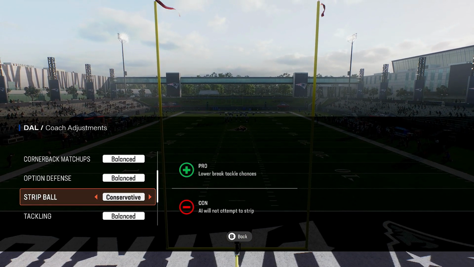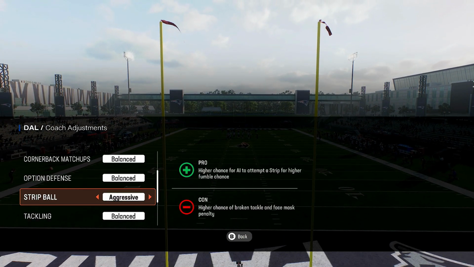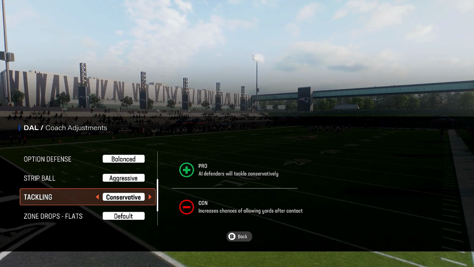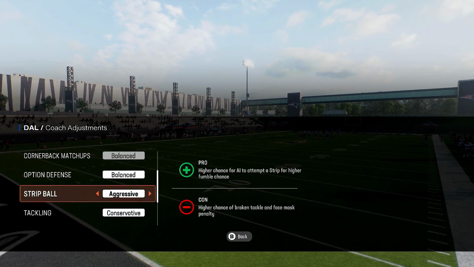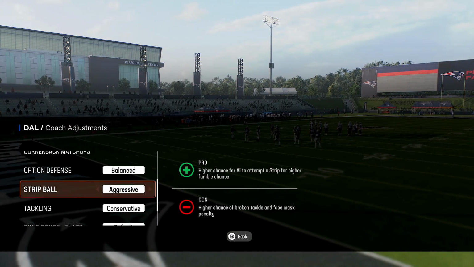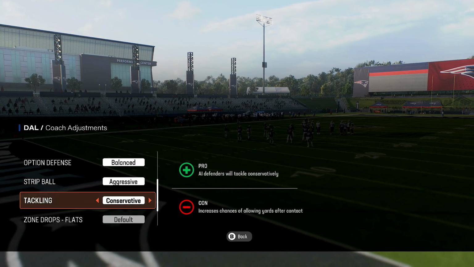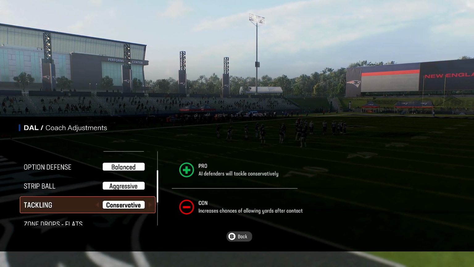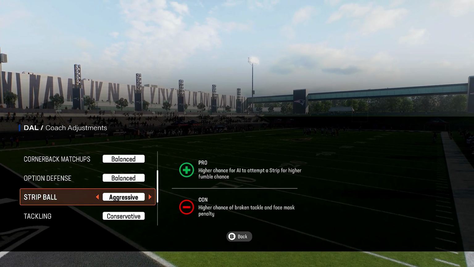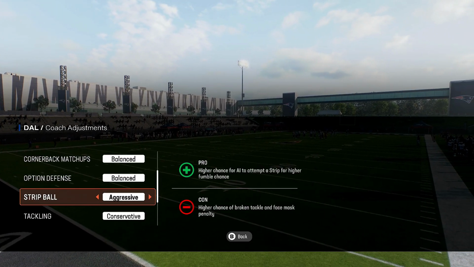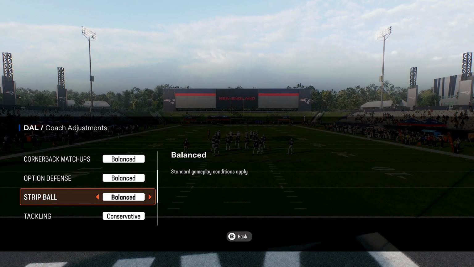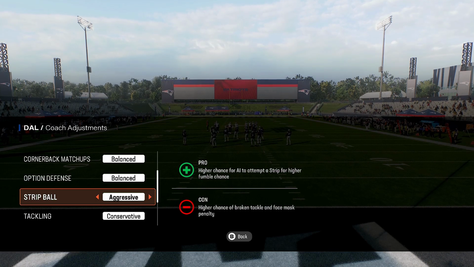Strip ball, you can use this in conjunction with, I want to say, maybe conservative and aggressive. There was a combination we used last year. Someone put it in the comments below, bro. What was the setup that we were using? I can't remember, but these two would synergize with each other to try to get fumbles, or it was like glitchy, man. I don't know what it is, but strip ball aggressive, higher chance for AI to attempt a strip or fumble chance. Oh, you know what I would do is I would go to aggressive here,